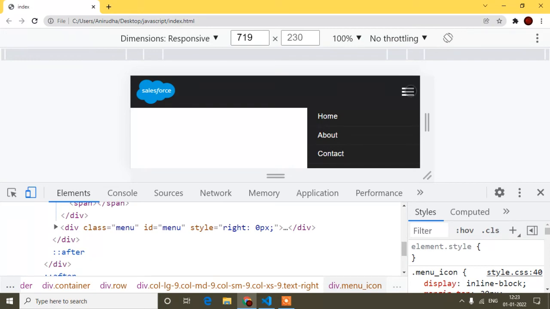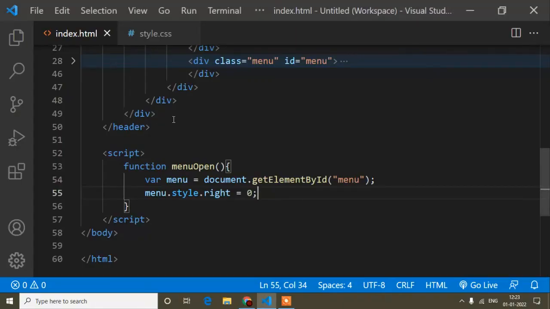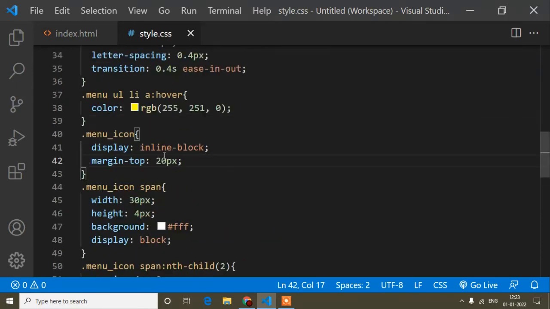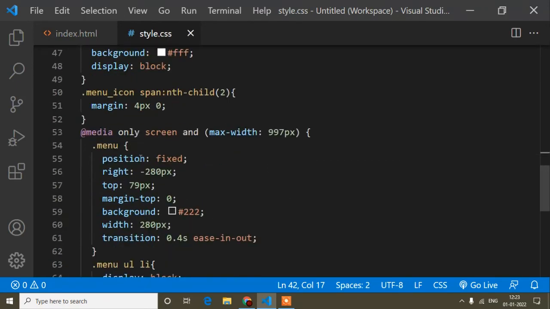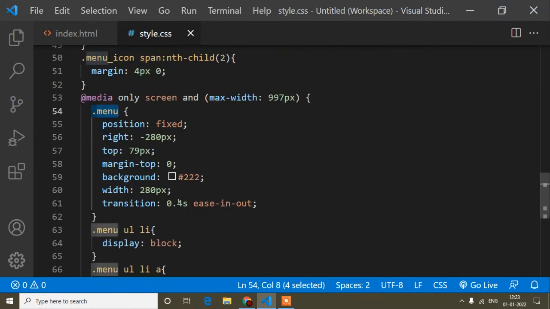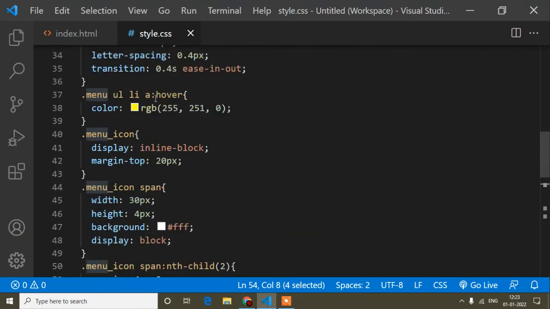So to make it easy, I was thinking of adding a new position, right: 0. For this menu, I will create another class.